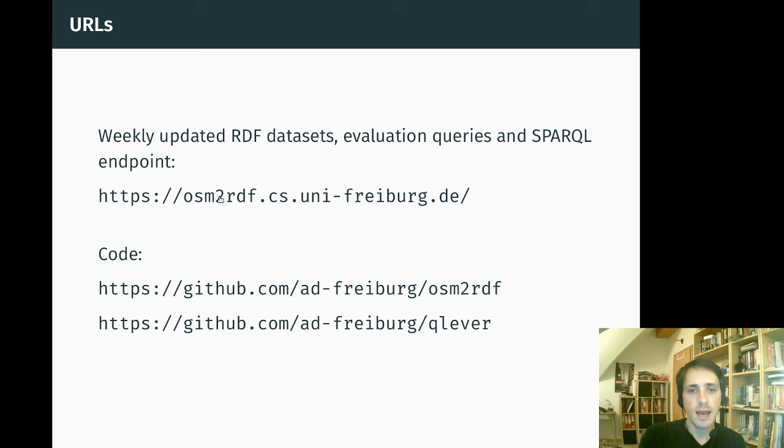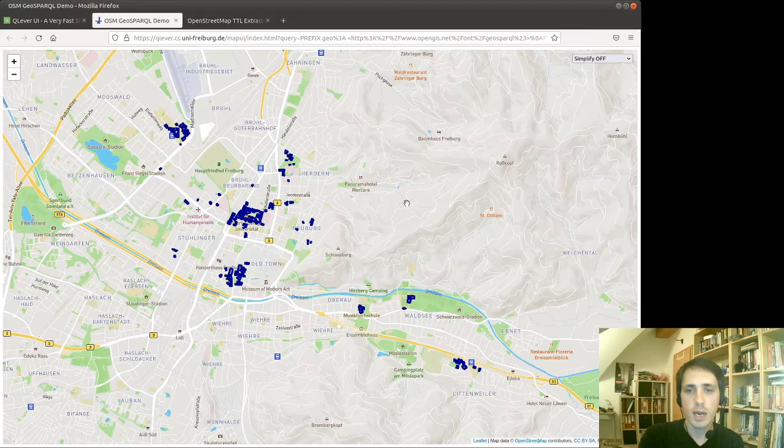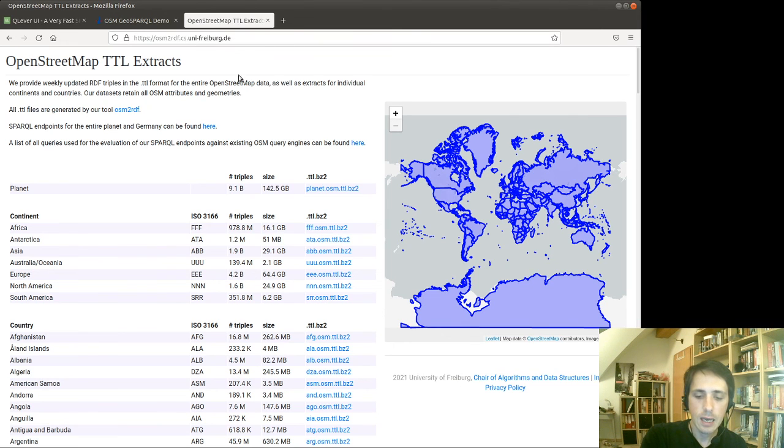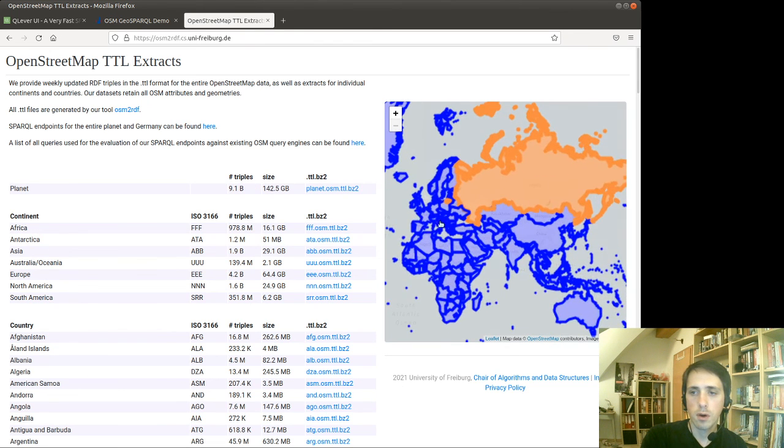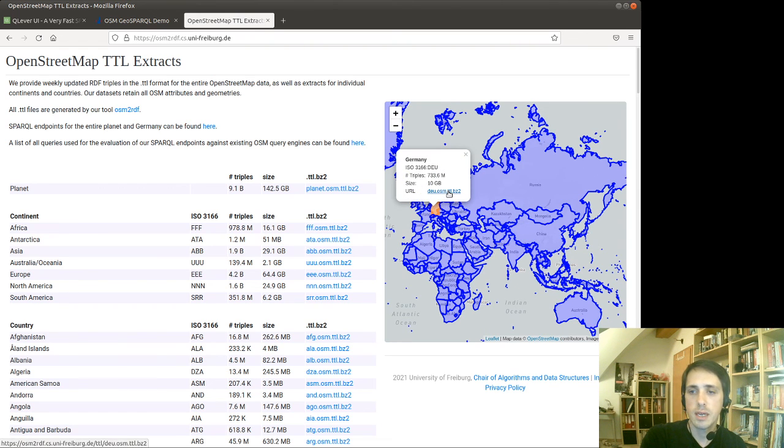Now, under this URL here, osm2rdf.cs.uni-freiburg.de, we actually provide weekly updated TTL extracts from the OpenStreetMap data. So you can download RDF data generated by our tool OSM2RDF here, either for the entire planet, individual continents, or individual countries. You can just select them, download them. They are bzip2 compressed, and use them